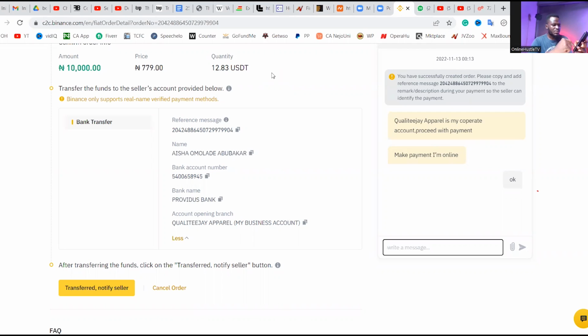So Binance just sent me an alert on my phone right now that I have a transaction, a P2P order and everything. I just got the message. So I'm going to go to transfers and actually make this payment. New beneficiary. What's the name? Aisha Omolade Abubakar. So I'm going to select the account to debit. Amount is 10,000 naira. Account to credit, which is this account here,